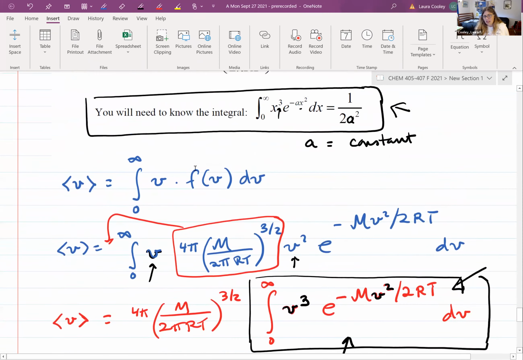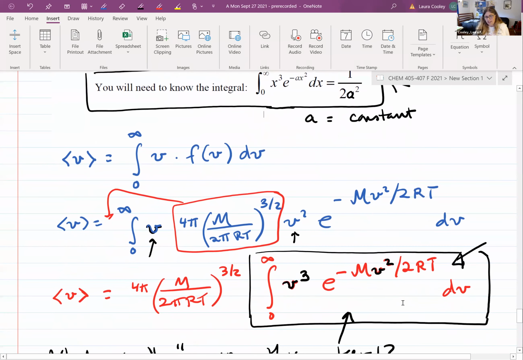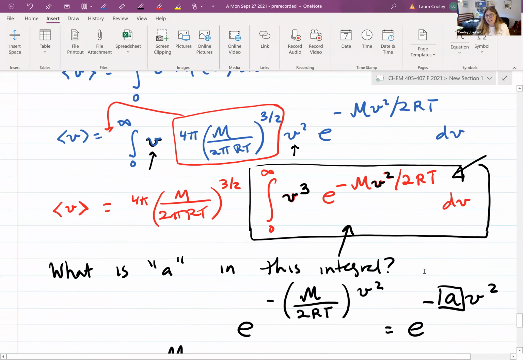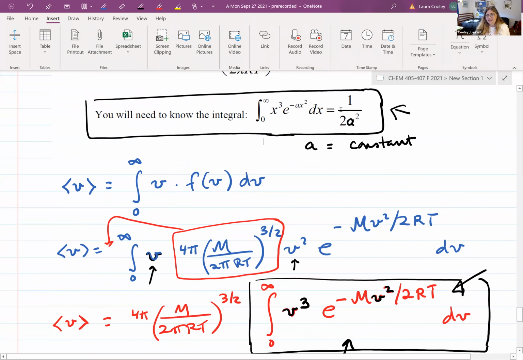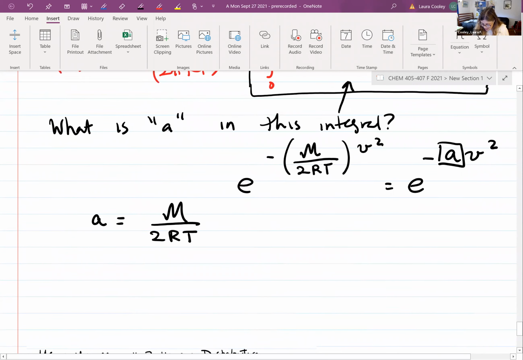You know, this is kind of an important thing to be able to do. A lot of tables of integrals and things will give you whole sets of integrals, but they'll put it in a form like this, okay? And it may not exactly look like the form of your particular integral. Your integral might look something like this. So you have to say, okay, V is going to be X. So this X is really a speed. There's an X squared and the exponent is a V squared here. And then, okay, that A is going to be M over 2RT. So that means since this integral with the X and the A comes out to be 1 over 2A squared, this integral here, our integral,